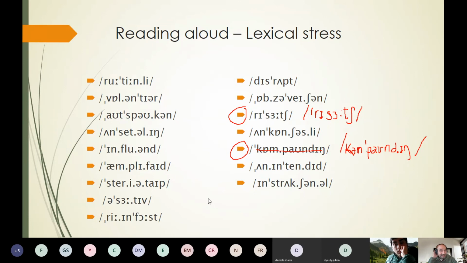So in that case, it's very important where you place the primary stress, or in other words, words like inside and inside. Inside, it's one thing, and inside is a different one. The spelling for each one of the words in the chat. Inside, the first one, inside, the second one. Different words, as you can see. And only the stress makes a difference.